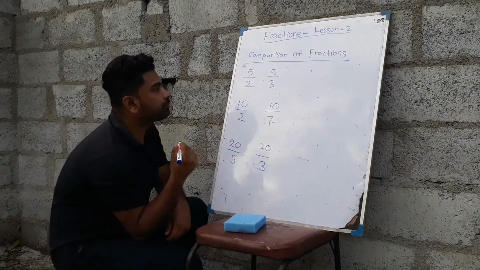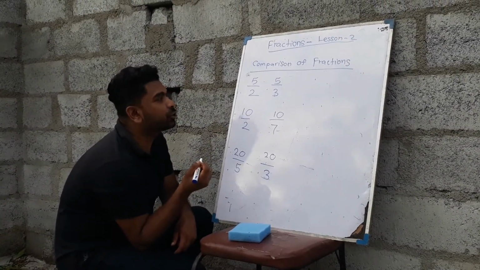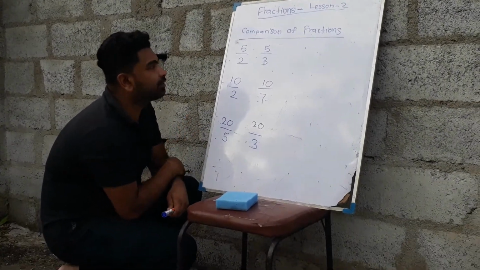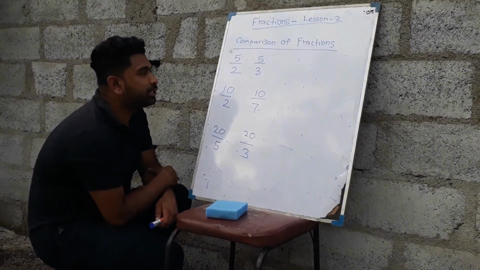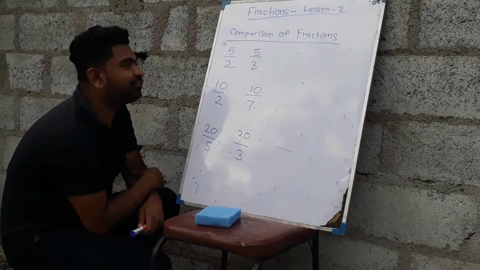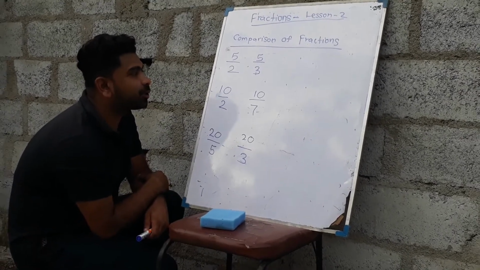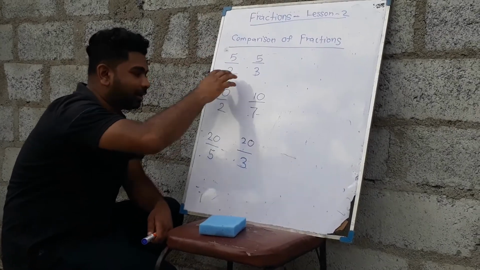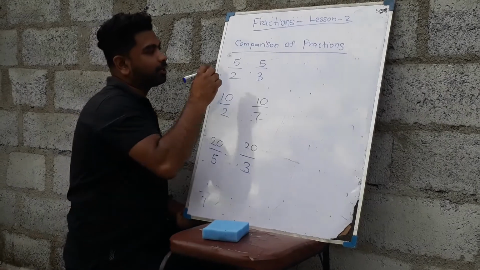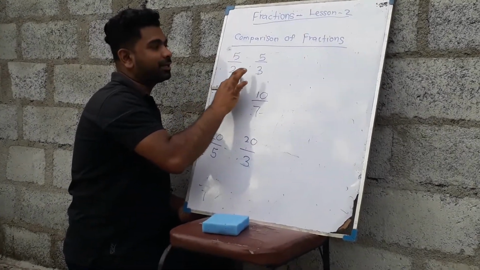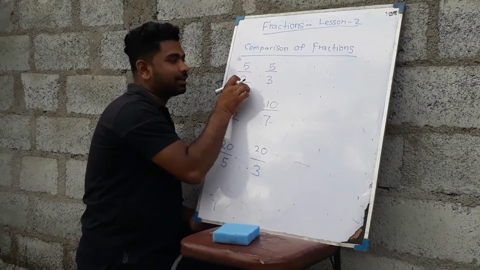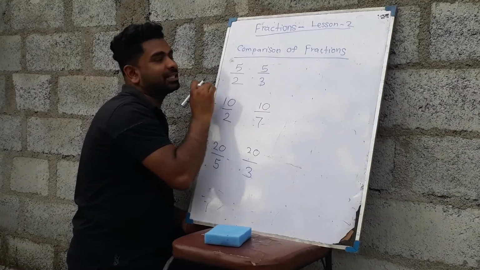Right now, second group, right? If you look at these fractions, the first one, the second one and the third one also, you can see the numerators are equal, numerators are equal, denominators are different, right? So the upper number is equal, but the denominator is different. So at that time, look at this one. How do we compare? The fraction with the smaller denominator becomes the greater one.